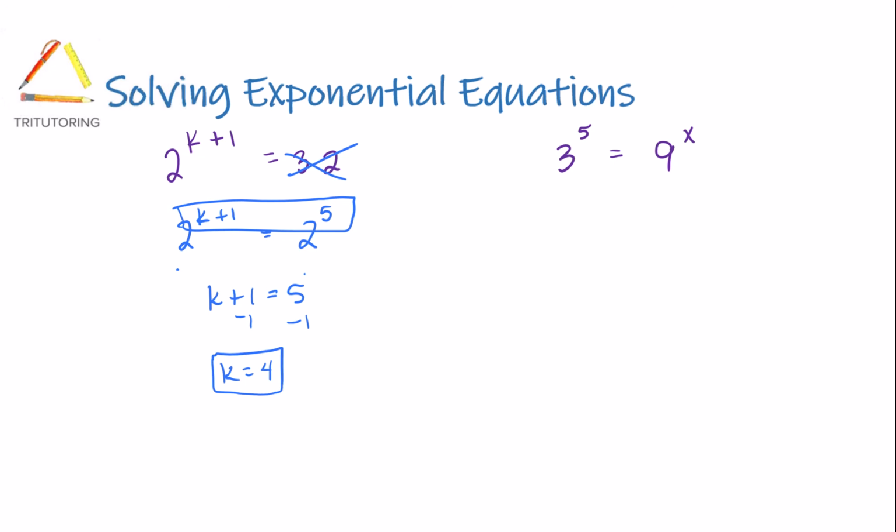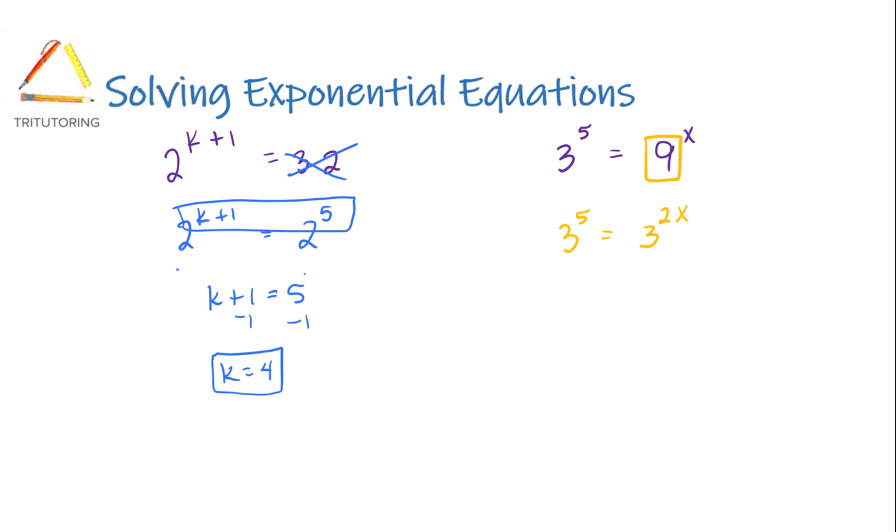On the last one, I have 3 to the 5th equals 9 to the x. So I'm thinking I'd like to use 3 as my base number here. It's just the smaller number, and a lot of times it makes it easier to rewrite because that could go into the larger number. So 3 to the 5th equals... how can I change this 9? Well, 9 is the same thing as 3 squared,